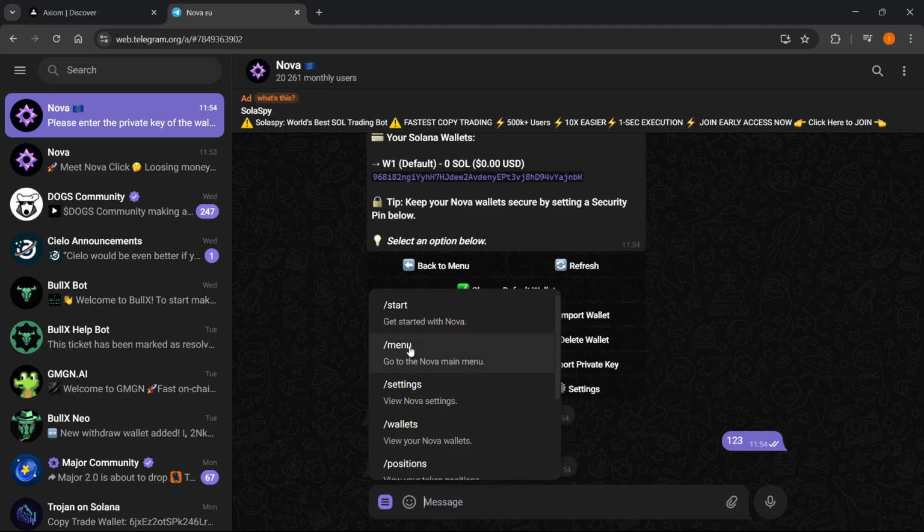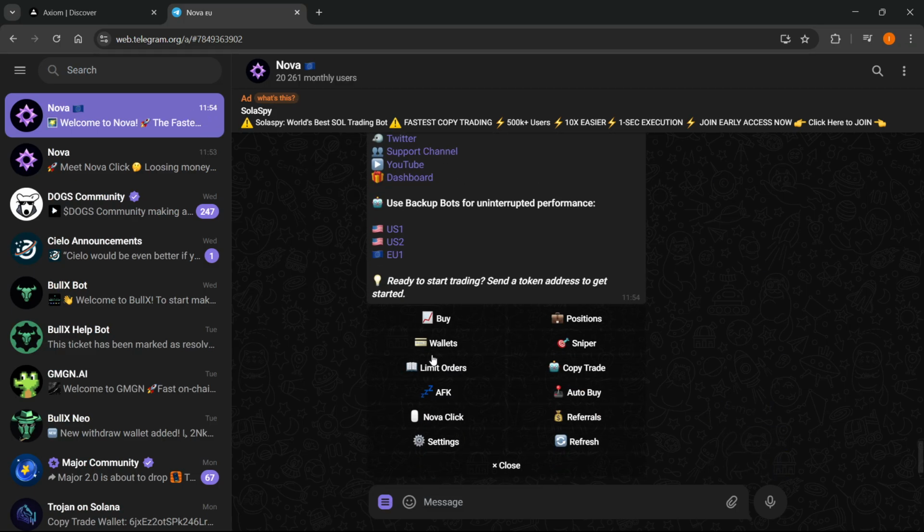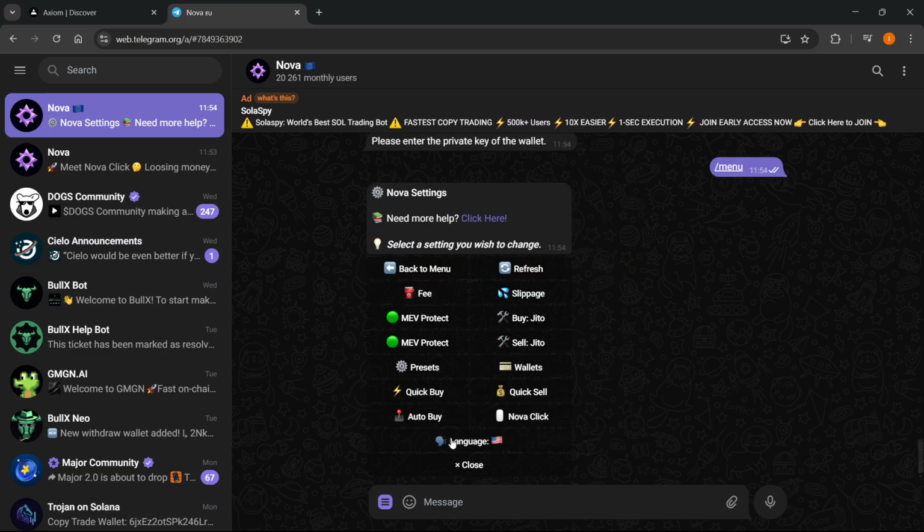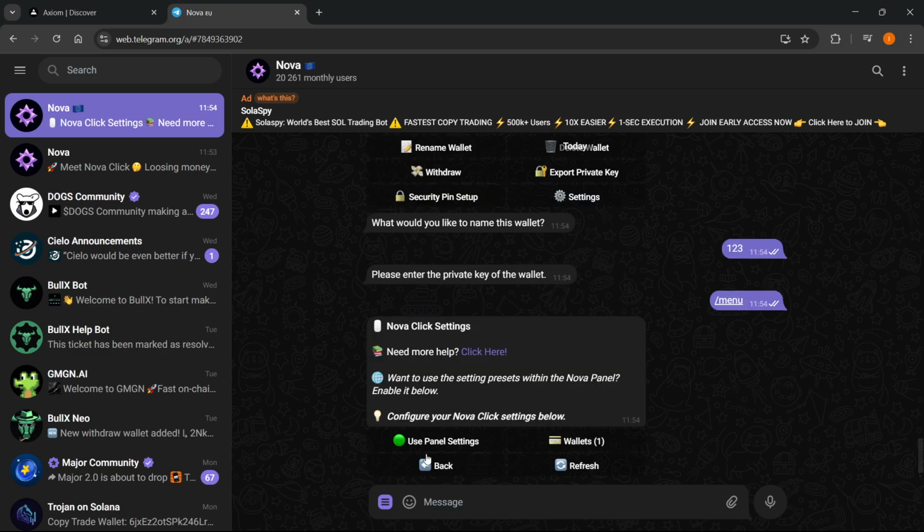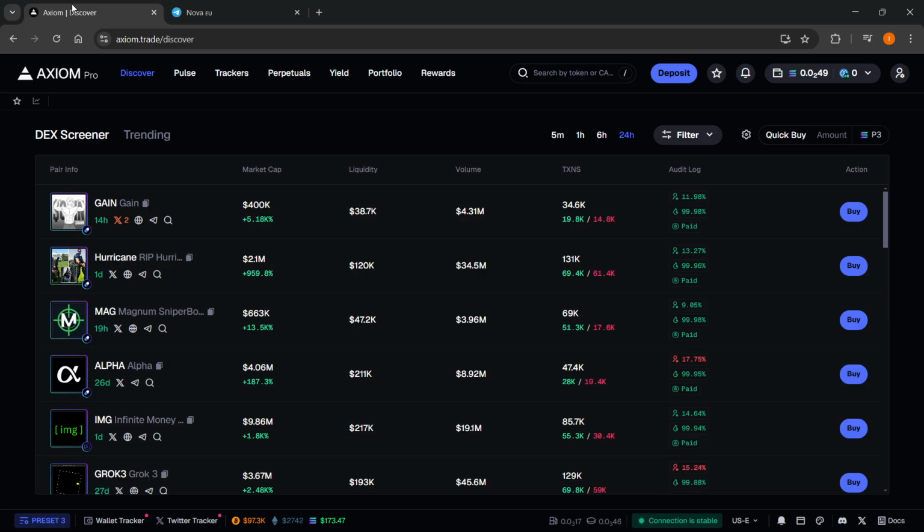And then the second, if I go back to menu over here, you want to go into Settings, and inside Settings, into Nova click, and make sure Use Panel Settings is enabled. So if it's red like this, you just want to click on the red button and make it green, and that's it. So after this, you can close down Telegram and go back to Axiom,